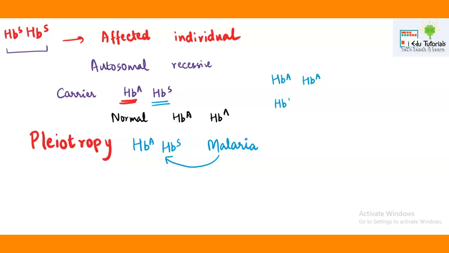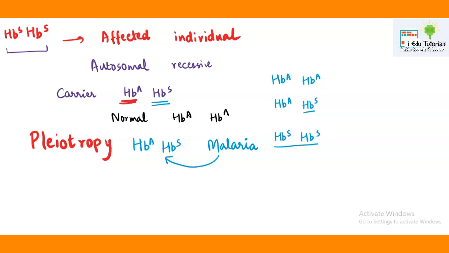But if the individual is a carrier, then that individual will also lead a normal life. But as that individual goes to a higher altitude, the oxygen carrying capacity will be affected because that individual is carrying one recessive allele. However, if we are talking about the affected individuals with genotype